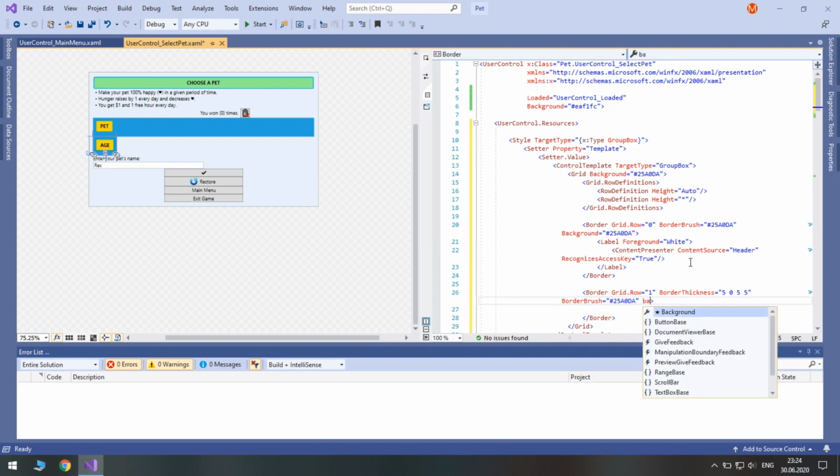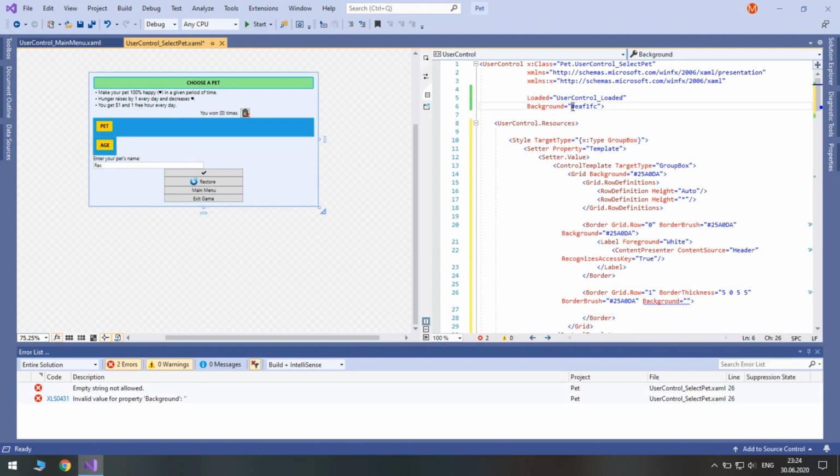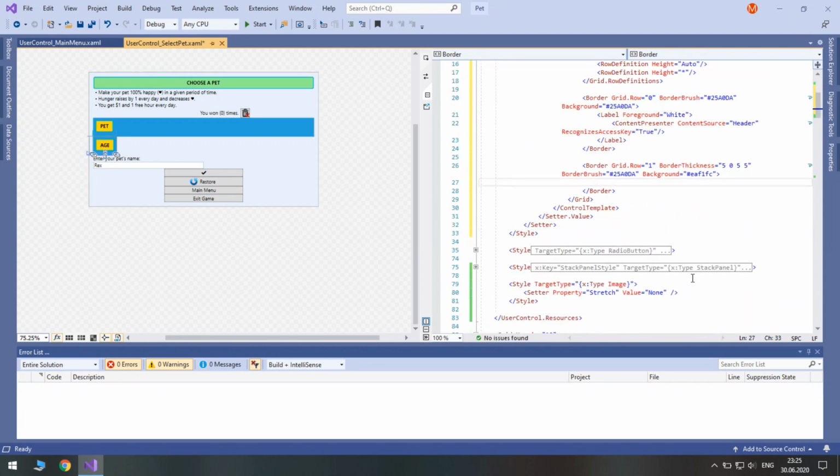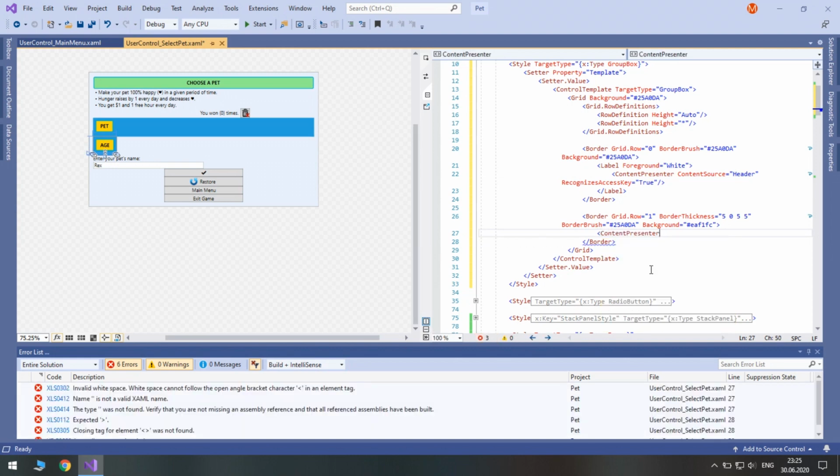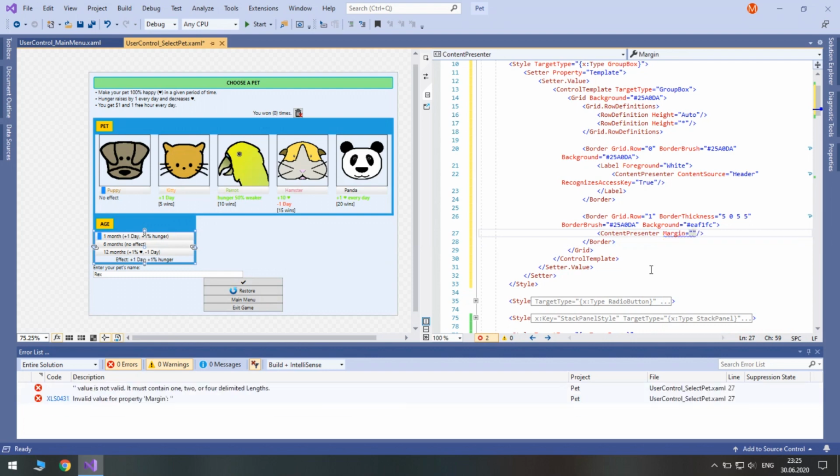Add background to it, like on the user control. Inside of it we will place another ContentPresenter. Don't mix these two, because this one is for the header and this one is for the real group box content. So ContentPresenter, let's add some margin, like 4.